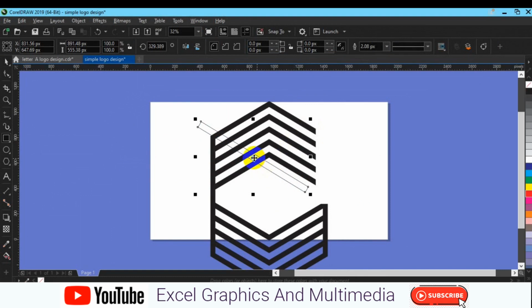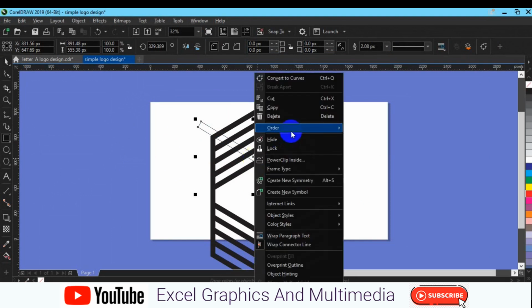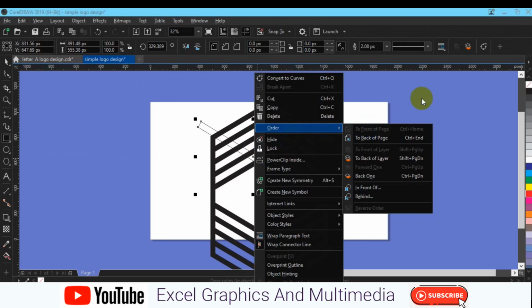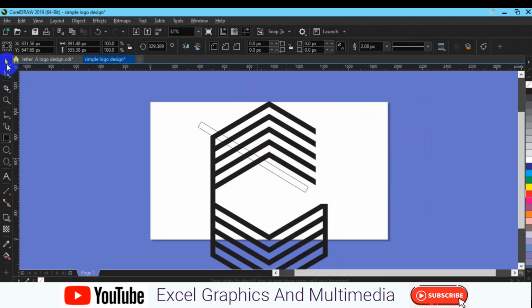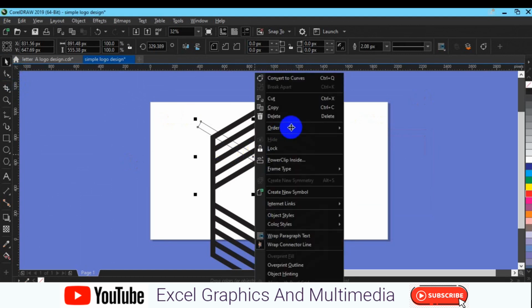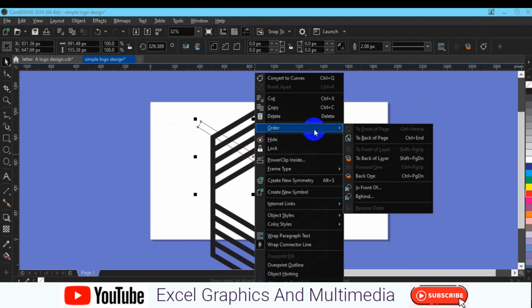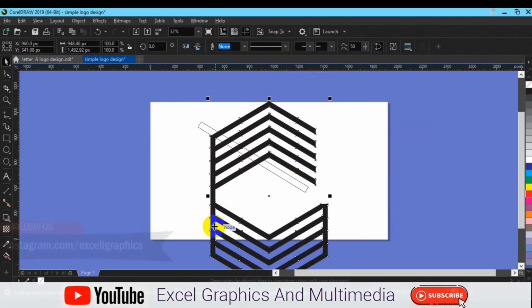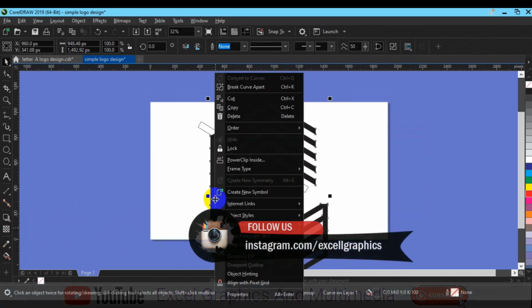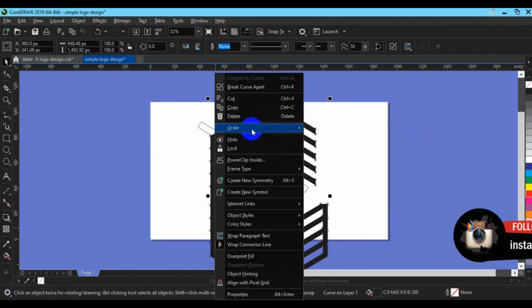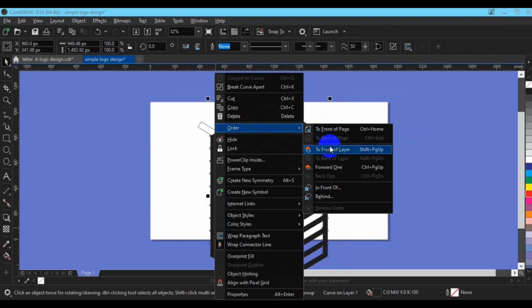Then you have to right click on the rectangle. Make sure it comes to the front. Right click, order, and okay. So let's select the logo shape. Right click on the logo shape, order. Then from order, you have to take it to behind,